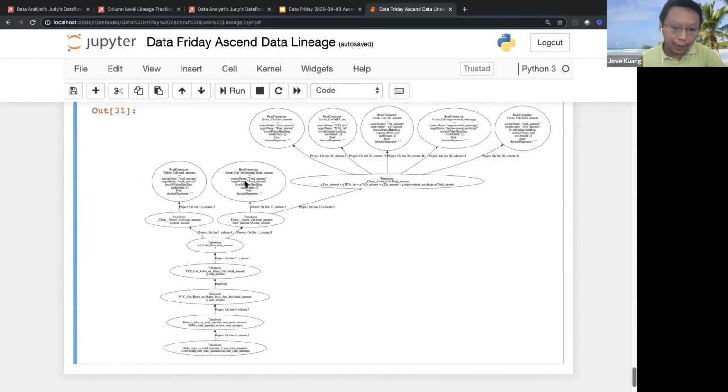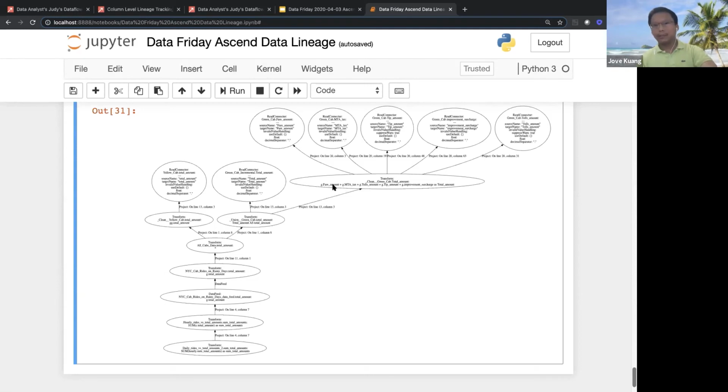However, on the left side of the union, it seems to be coming directly from the green cab incremental. So as a data engineer, not only can I get to this full picture in seconds, but I may also ask myself a question: I'm doing a union on these two transforms, but does that really make sense? One side is from the reconnector directly, while on the other side it's using an equation to calculate this. So now I could even ask Judy, hey, does this make sense to you? If not, maybe we can change this, right?